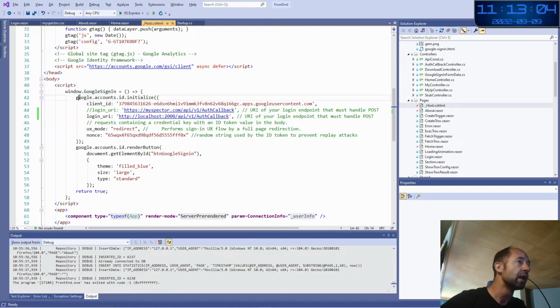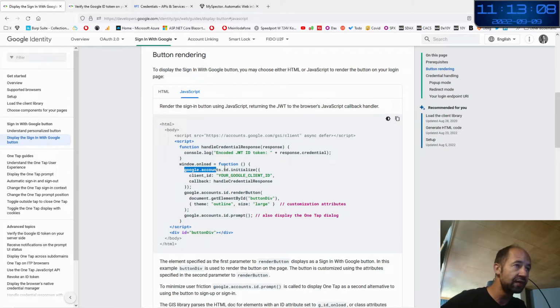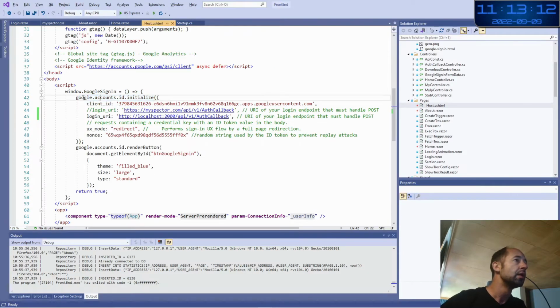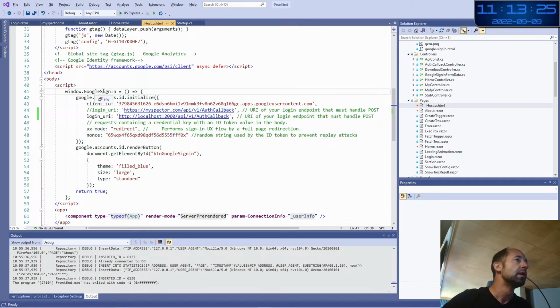You see it here. This is an object of the Google framework that I am invoking here. And then I render the button here. So this is in fact a delegate, a lambda, and this is put inside the Google sign-in object.